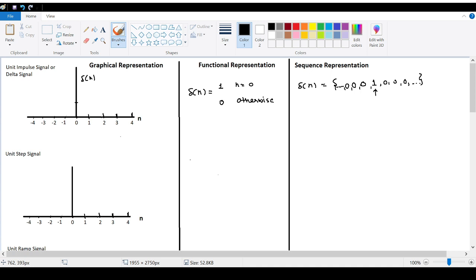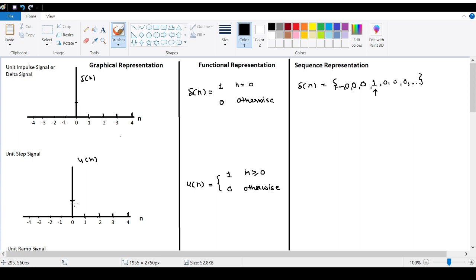Now coming to the next signal, which is the unit step signal. Whenever I want to represent the unit step signal, it is represented with the symbol u of n. So u of n is equal to 1 for n greater than or equal to 0, and it has the value 0 otherwise. Now whenever I want to plot this unit step signal, it has one amplitude